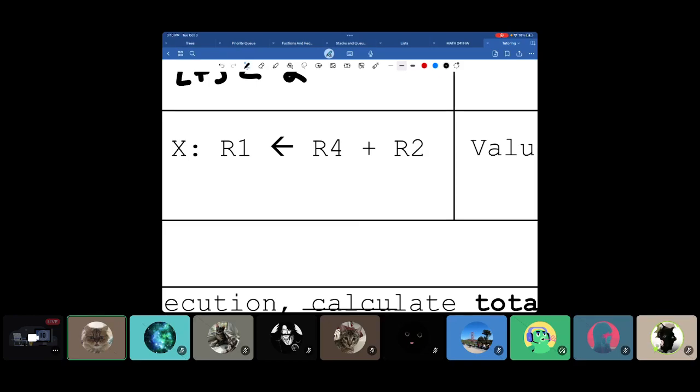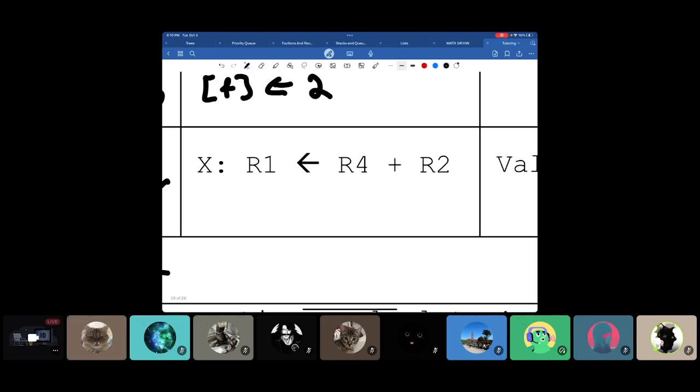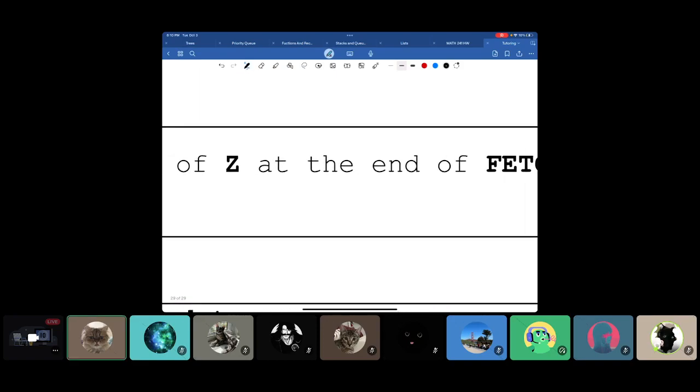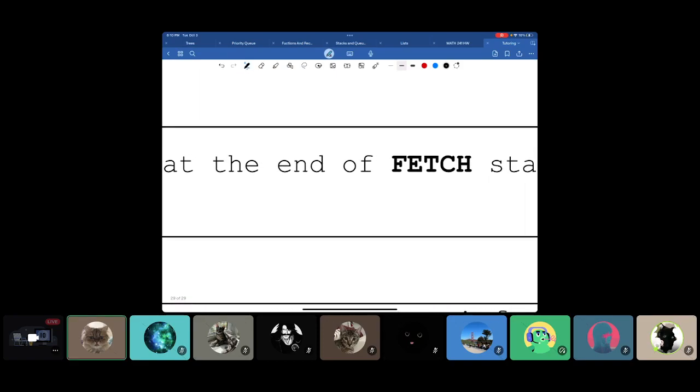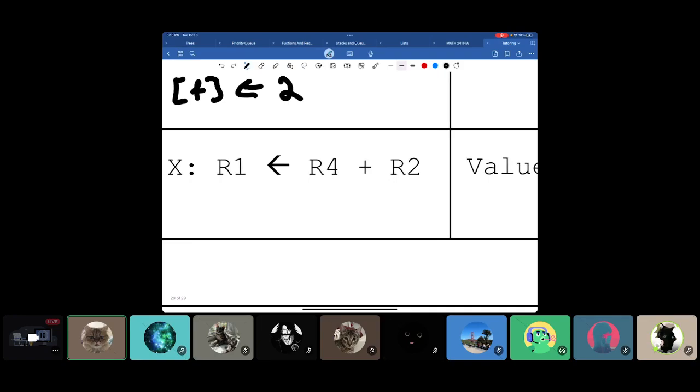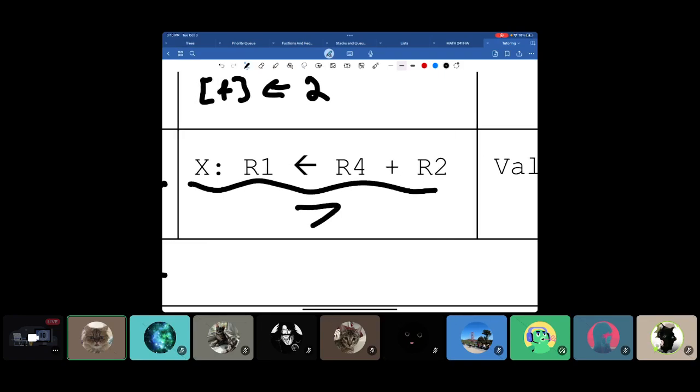So you can think of the Z register as a general purpose register, where once it's filled, the value of it is not going to change until it's filled again or overridden, right? So it's saying what is the value of Z at the end of the fetch stage? The fetch stage we haven't used the Z register yet. That's an exec stage. Fetch stage, all we've done is grab the instruction and we're getting ready to decode it, right? So we have it in this instruction here at the end of the fetch stage, we have not used Z yet,